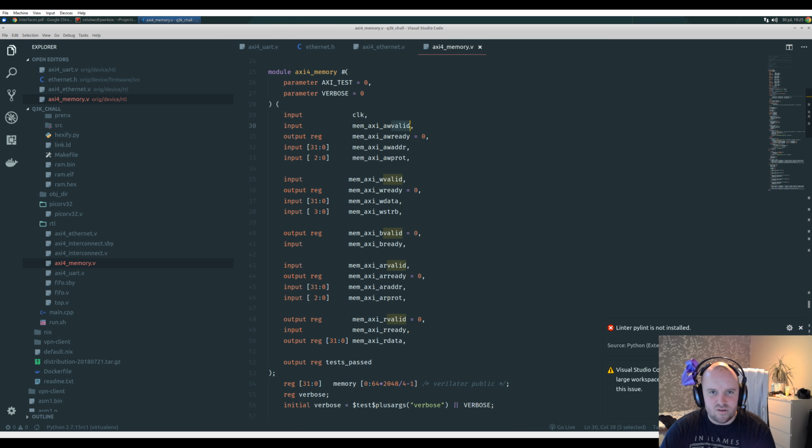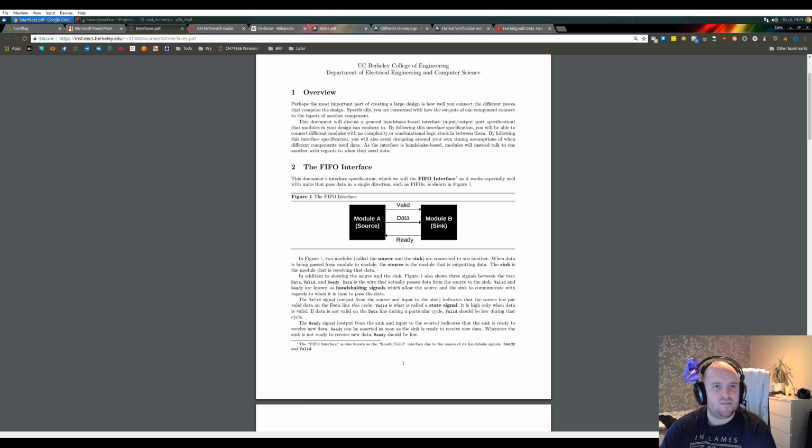Here we have valid and ready, and then this has addr and this is data, so there's some difference. But here I'm starting to realize that this somehow consists of five such FIFOs in a group together,